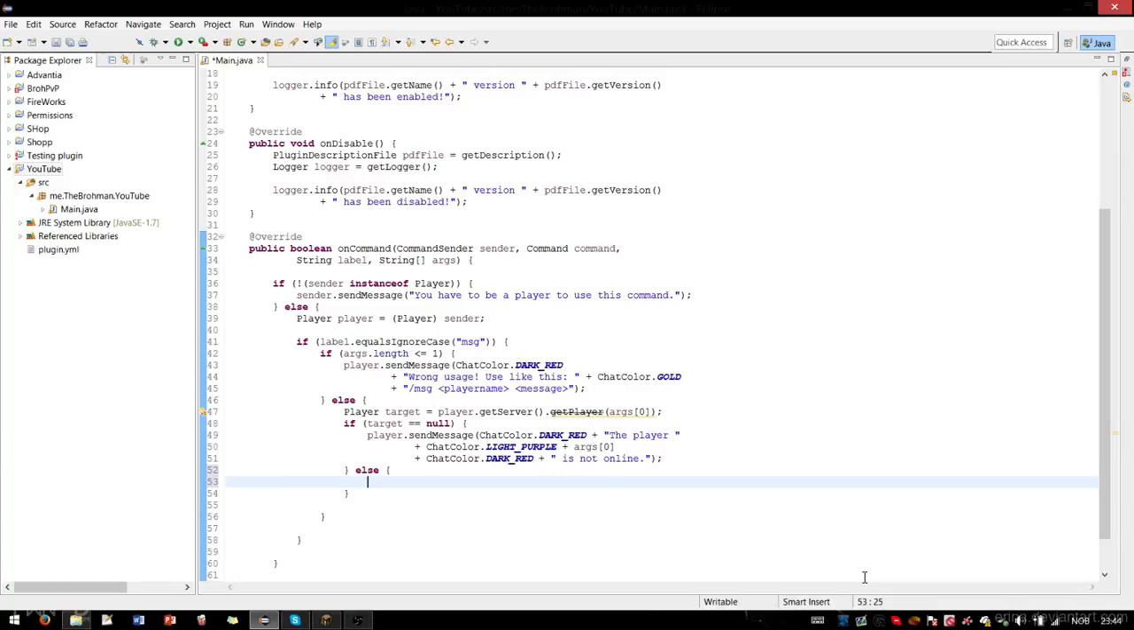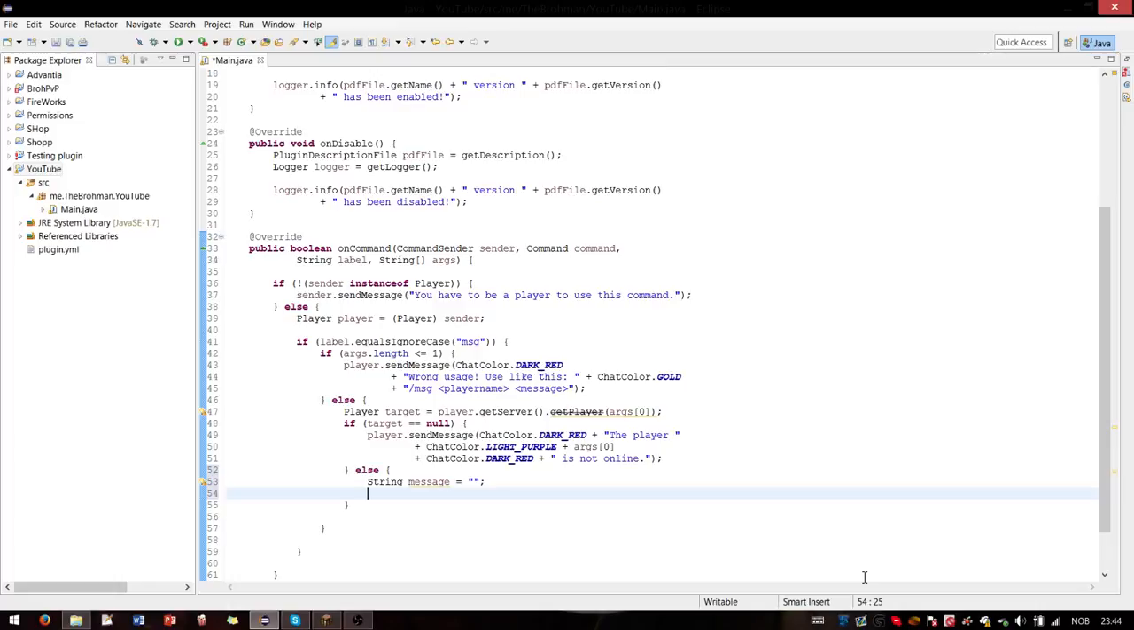We have to make a message. So String message equals, and then just like that. Then we want to do for i equals 1. What that means is that we'll make a loop, kind of getting all the words we are sending. So i equals 1, and then i is